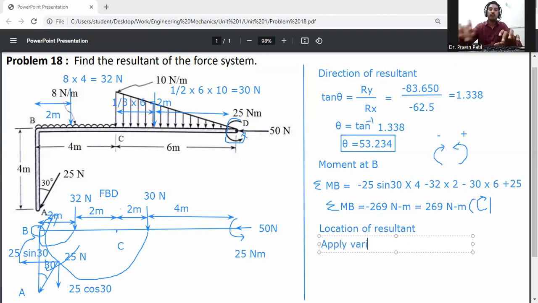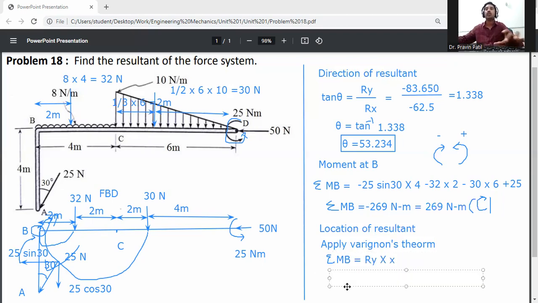The summation of moment at B is equal to Ry into X. So the summation of moment at B is 269, equal to Ry, which is 83.650, into X. Actually, the summation of moment is minus and Ry is also minus, so the minus gets cancelled. Write down X is equal to